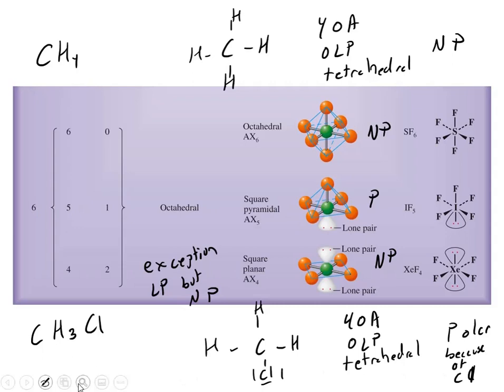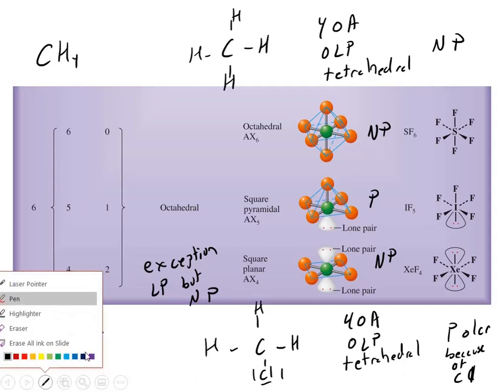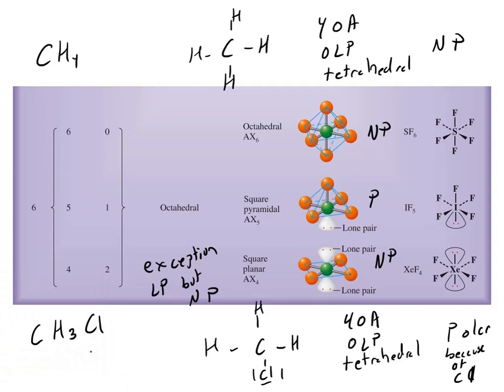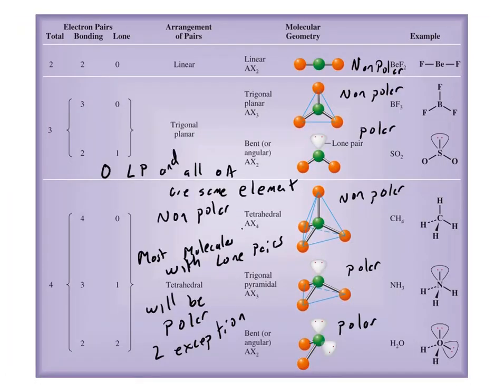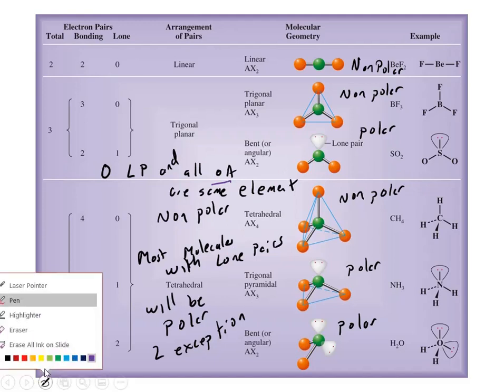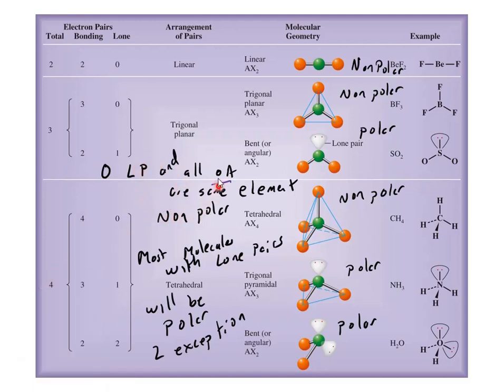If I go to CCl4, that one's also nonpolar because it goes back to being just like CH4. The only difference is I have 4 Cls. So that's what I was saying when I said I'm assuming that all the outside atoms are the same. This is only true when all the outside atoms are the same element. In the next video, we will be working some